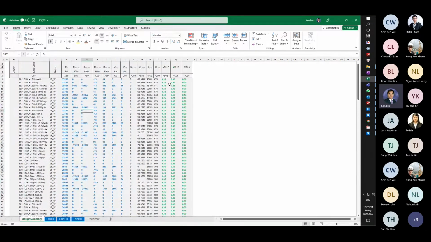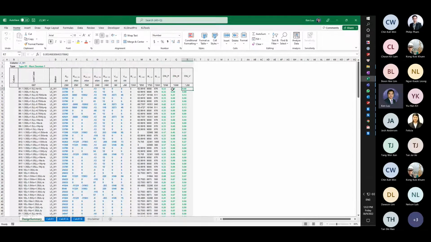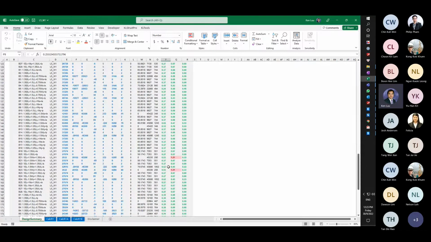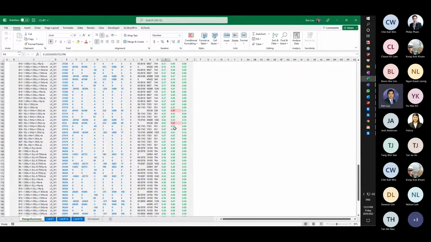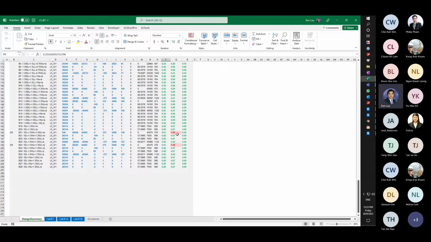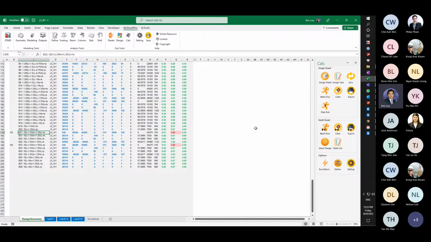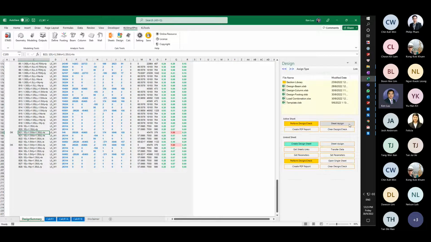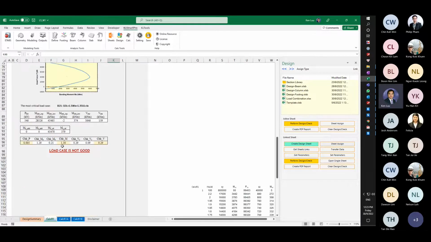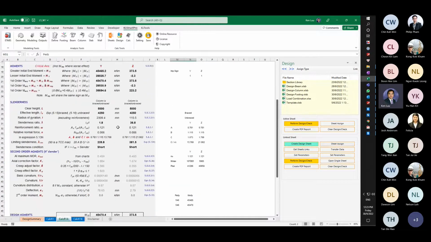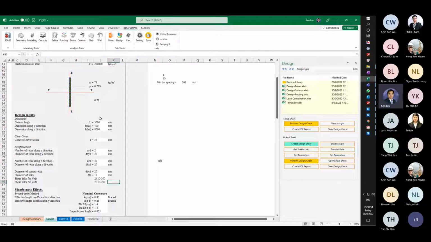So this will show you the checking result for each load case. And okay, so you can see right away which one is not satisfied. And if you want to check that load case, for example, you want to check this load case, you go back to the program and open the design, and then you click perform design check. It will import this load to the spreadsheet here, and you will be able to see all of the load checking, and then you can improve your design